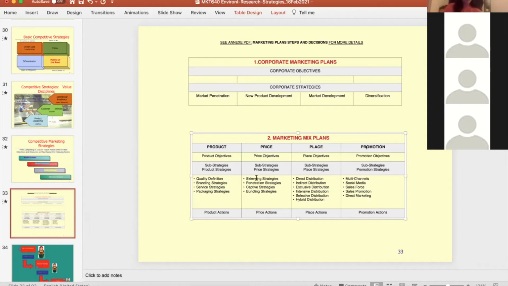This slide is a summary of what I could show you on the last day of class. But I didn't want to do this because I want you to understand how it works. So this product strategy will be one class. We'll have a session for each one of these. And I will discuss each of the sub-strategies that are underneath. So this is a summary of what you will know by the end of this class. Right now, we've covered the first box till now. After that, we'll be moving to the next box. Any questions?